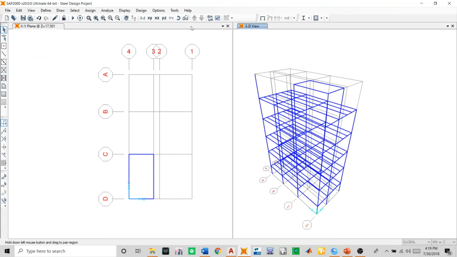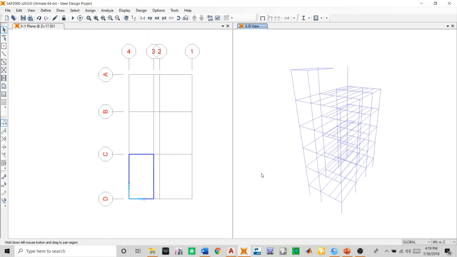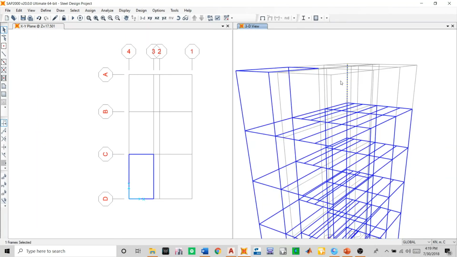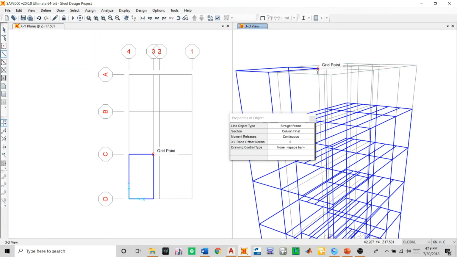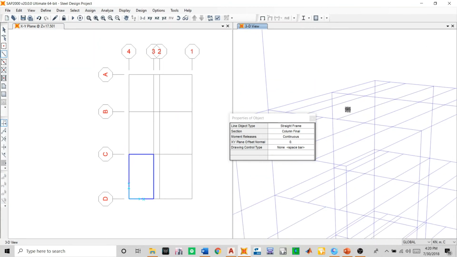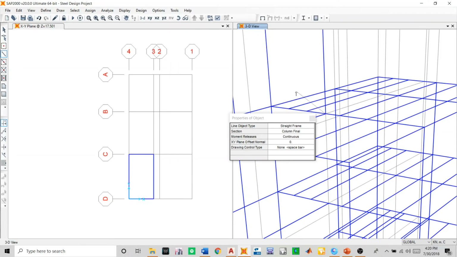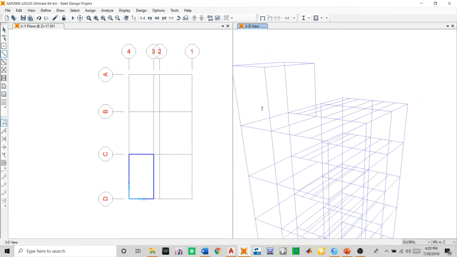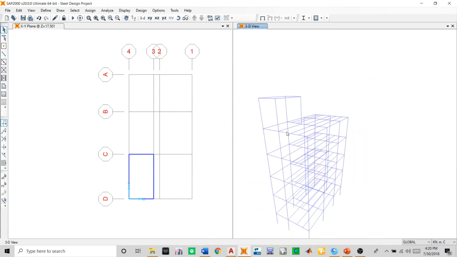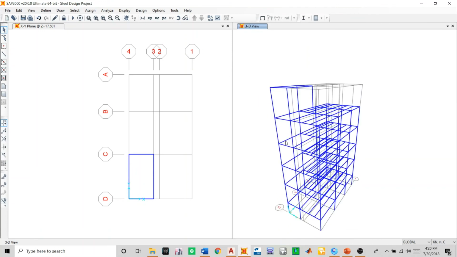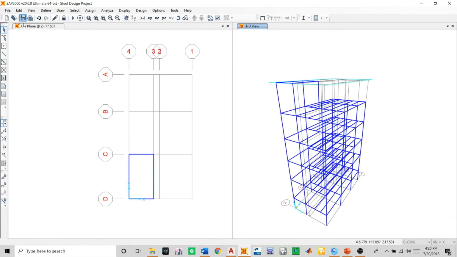Yeah, right. Okay, this one too as well. For this I have to add one column here to here. Okay,